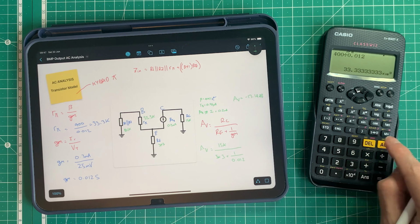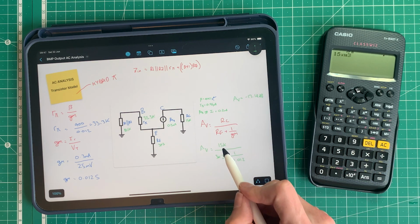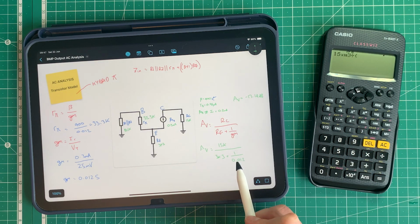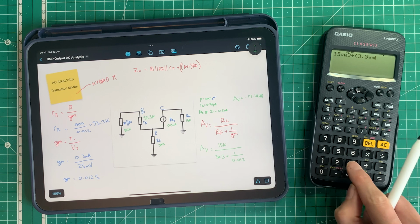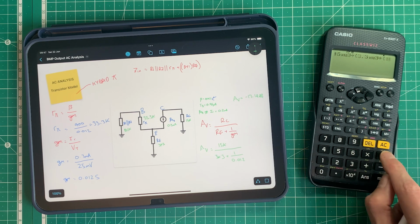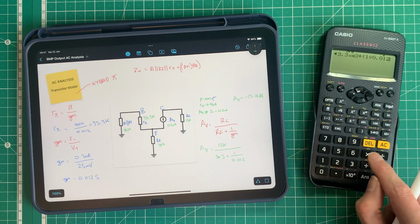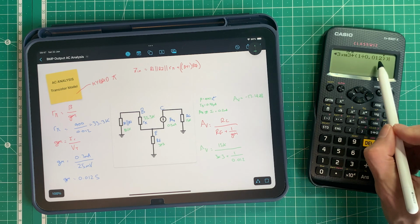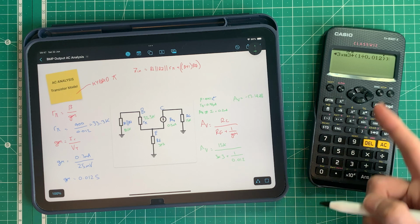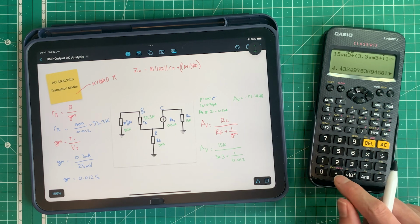So we've got 15 times 10 to the 3 because it's kilo ohms, and that is divided by, and I'm going to use brackets now, so it does this equation first, 3.3 times 10 to the 3 plus 1 over 0.012. And if you just thought you could use to the minus 1 as well to get 1 over, to get the reciprocal, you're of course correct. This is just another way of entering it into the calculator, and we get